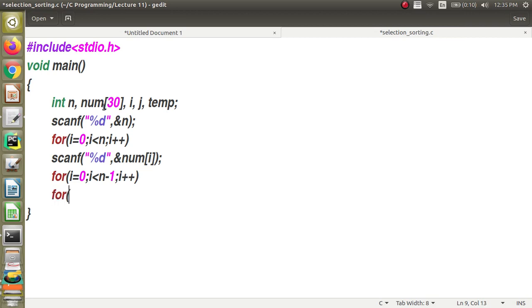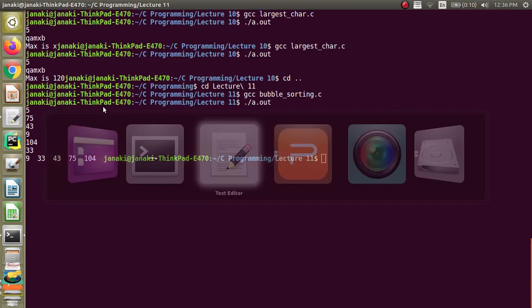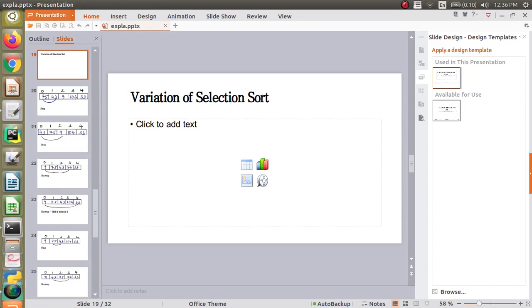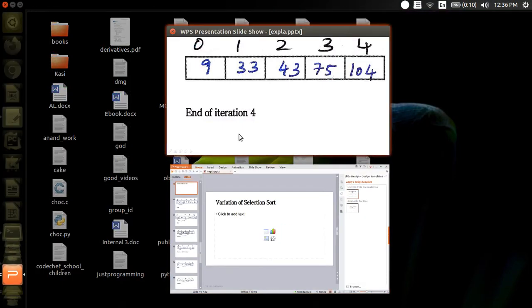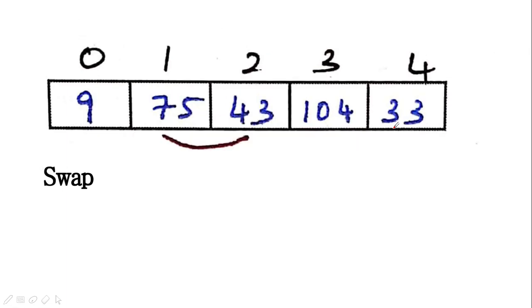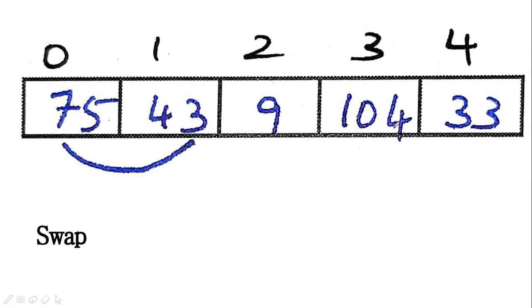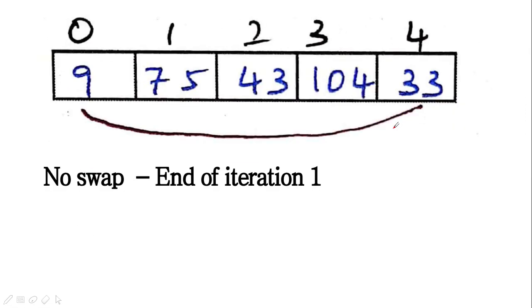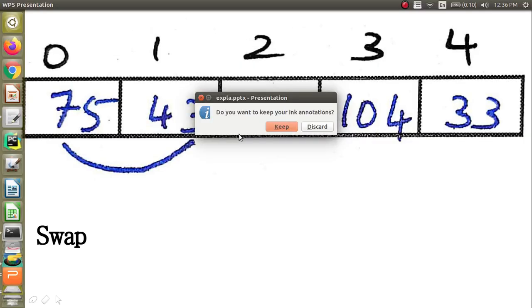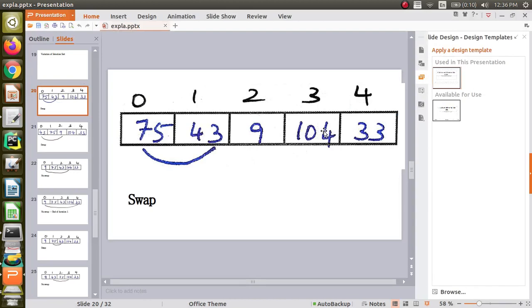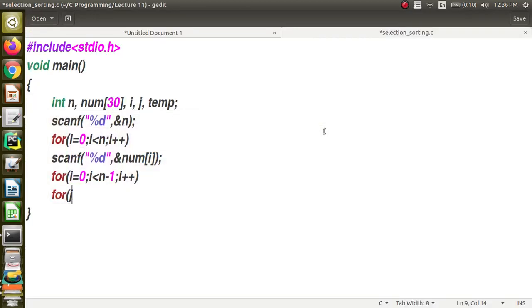Next, j. What are you going to do now? When you are doing the selection sort, you are always going to concentrate on one particular element. In the first iteration, you are going to compare the element in position 0. So you are going to concentrate on the element in position i.